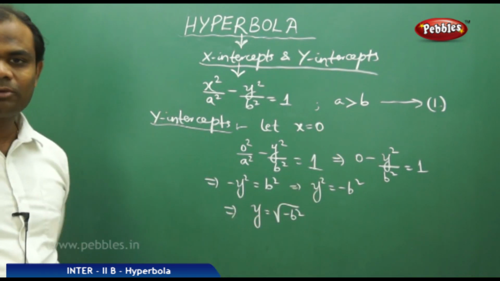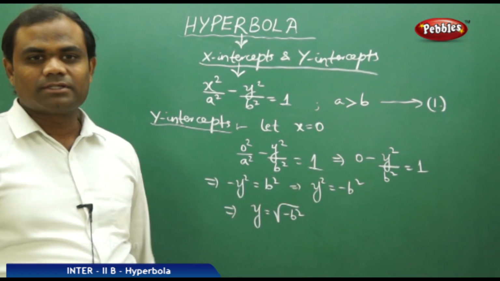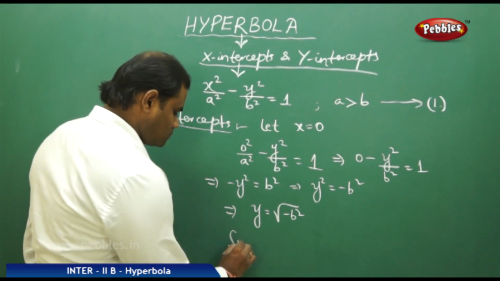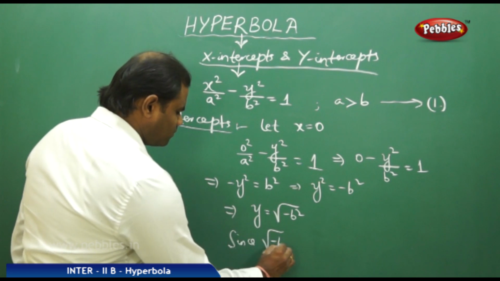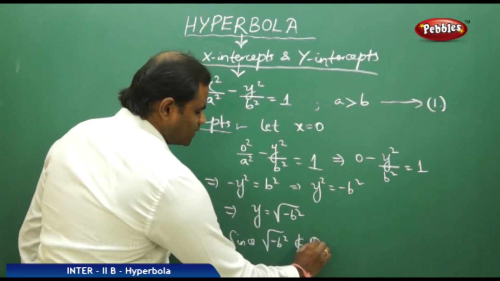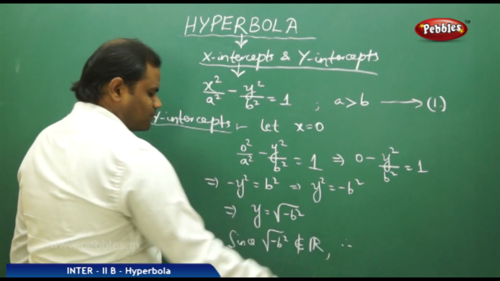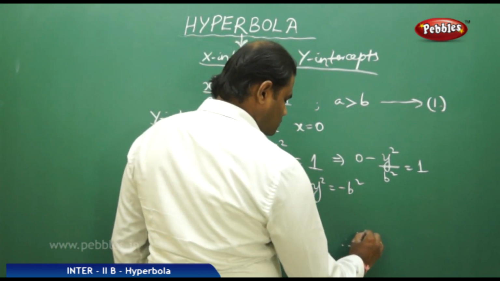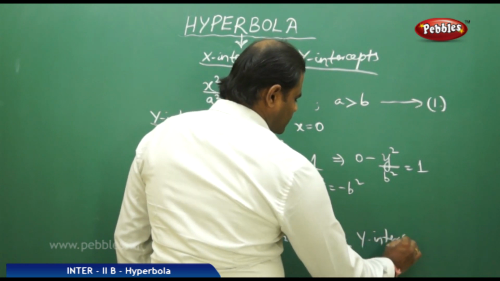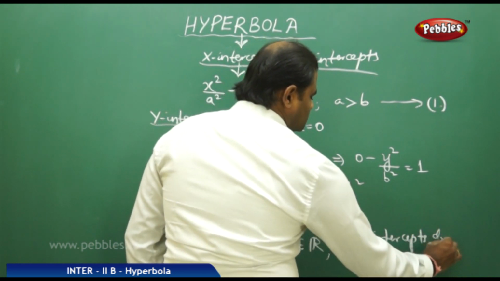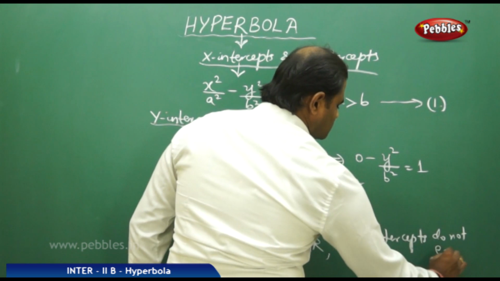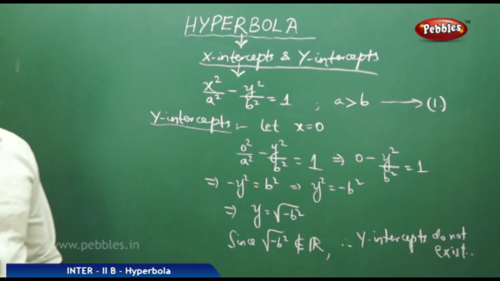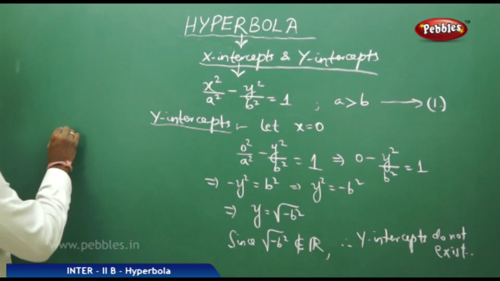But this is not possible because the root of a negative number is not defined. Therefore, since the root of minus b square is not a real number, the y-intercept does not exist. And when y-intercepts do not exist, we understand that therefore